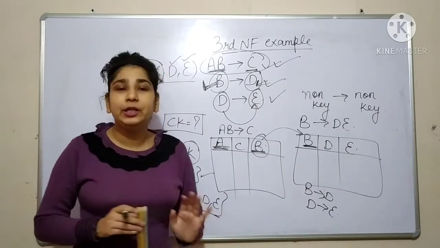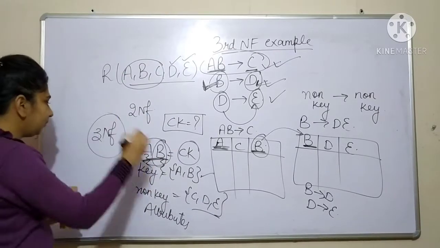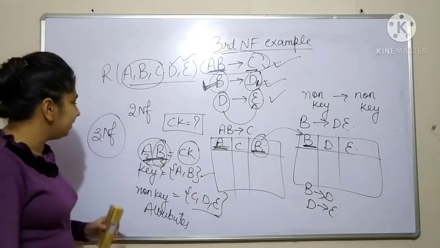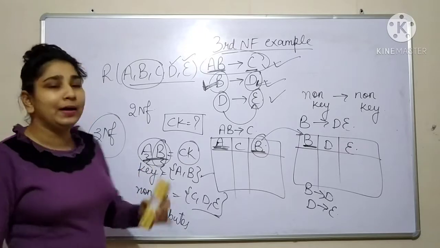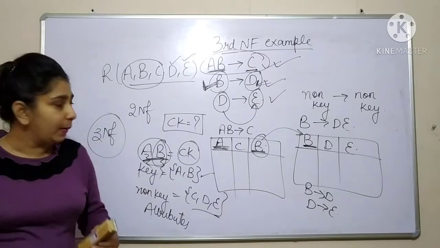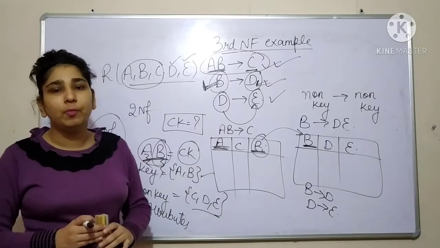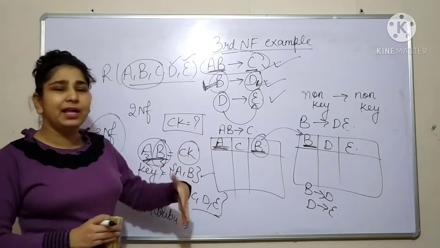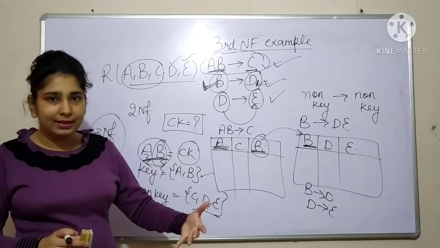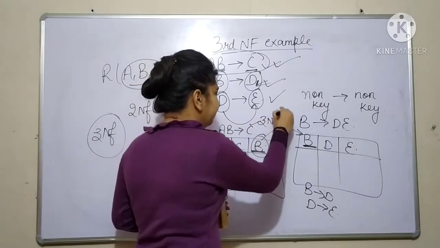Now, what will we be doing? We will be moving toward the third normal form. What does the third normal form say? If any kind of redundancy is occurring when one non-key attribute determines another non-key attribute. Okay, so if you look at this relation, it is also in the third normal form, because in this there is no one non-key attribute determining some other non-key attribute. So this relation is already in the third normal form.